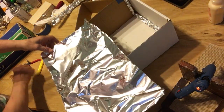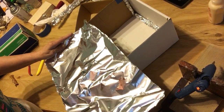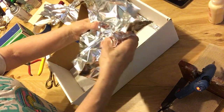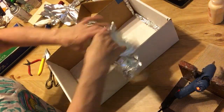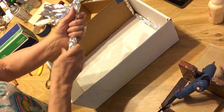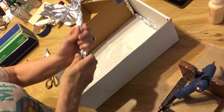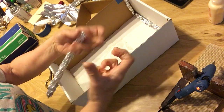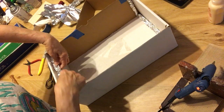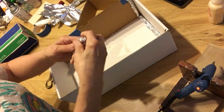And again, I'm going to give it about a couple more inches, give or take. Oops, wrong size. Also, the wider the foil, the thicker the trunk. But you want to press it down, but not to the point that you're squeezing it all tight, and then you don't have an area to be able to do these things with it. So this one I'm going to give a little more curve,